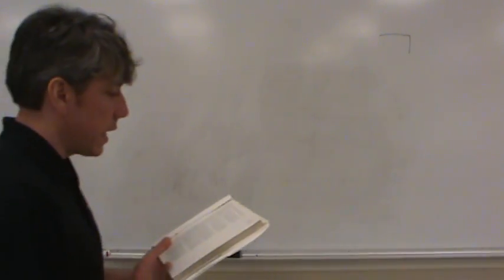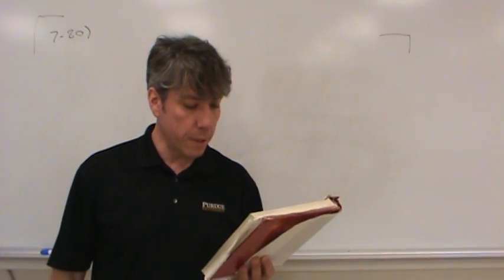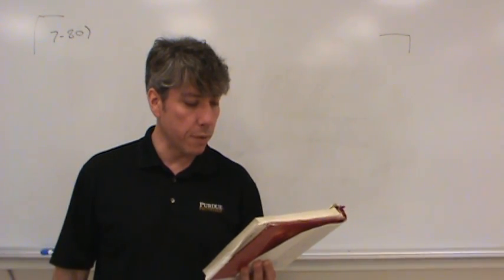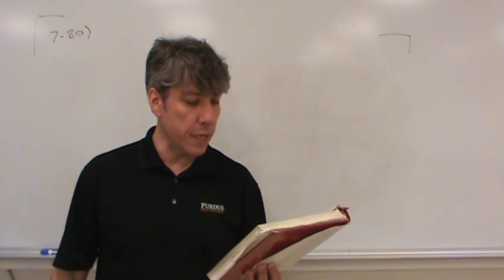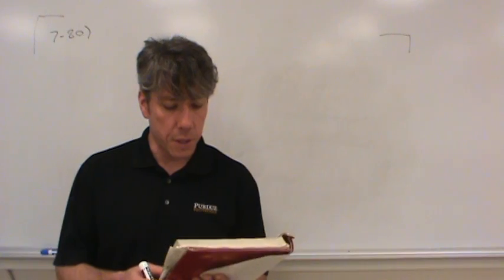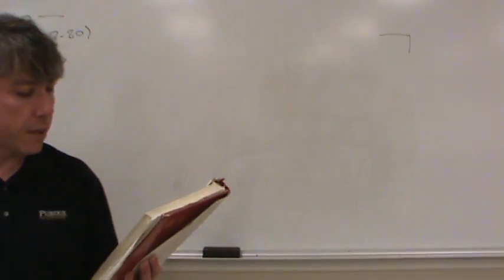This is problem 780. It's on page 357. Consider an aircraft powered by a turbojet engine that has a pressure ratio of 12. The aircraft is stationary on the ground, held in position by its brakes. The ambient air is at 27 degrees Celsius, 95 kilopascals, and enters the engine at a rate of 10 kilograms